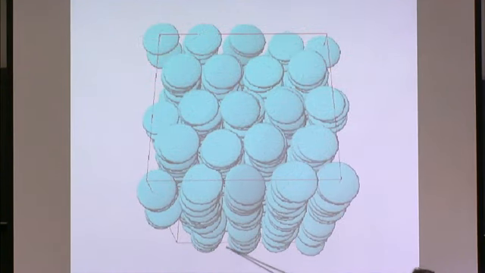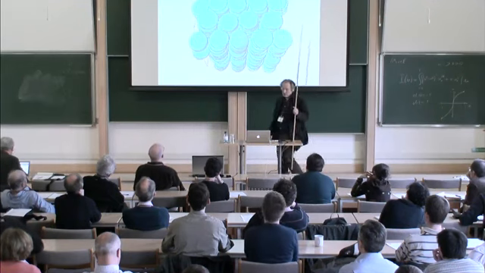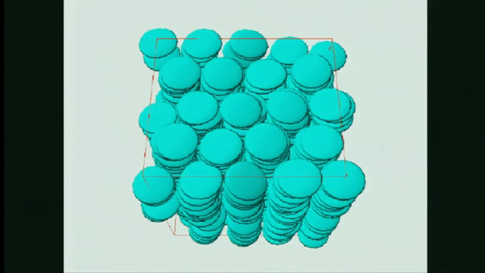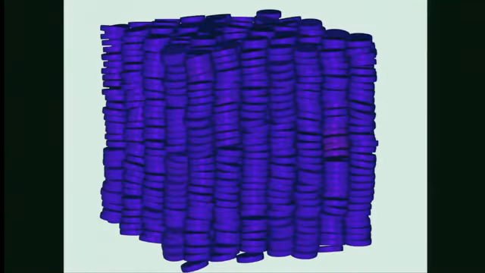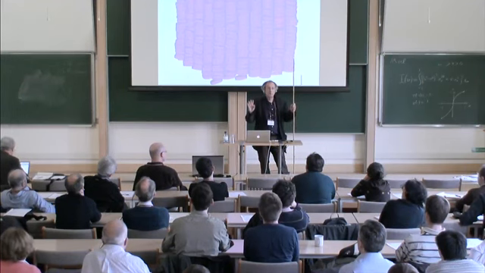These things stack in columns. They form a two-dimensional crystal lattice, but in the third dimension there's no long-range order, so it's liquid in the third dimension and crystalline in the other two. This is actually for ellipsoidal platelets, but if you do it for real disk-like particles, you get these very pretty pictures. The color coding is due to whatever the student or postdoc decides, and I'm totally unable to do anything about it. Okay,